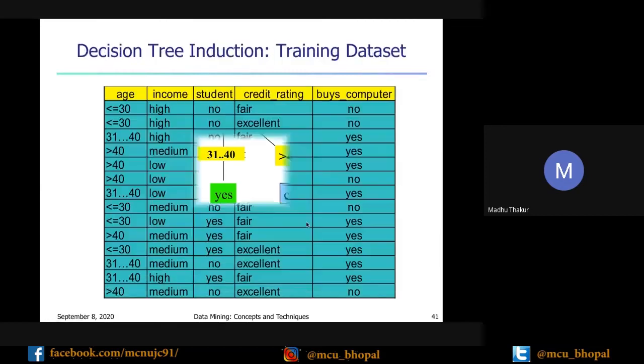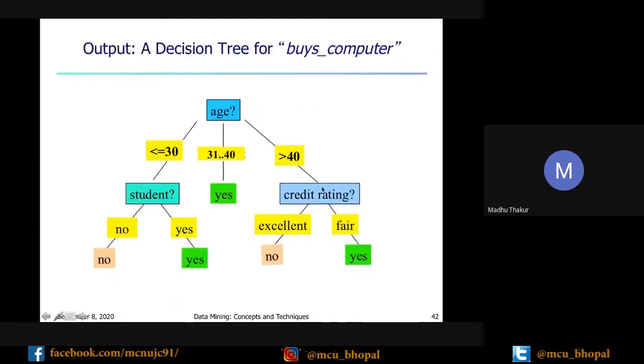Credit rating also has two values, fair and excellent, so it bifurcates into two branches. Accordingly, you can draw this tree. This may be a very big tree, and from it you will find the rules, called classification rules. These rules will help you classify the whole data.